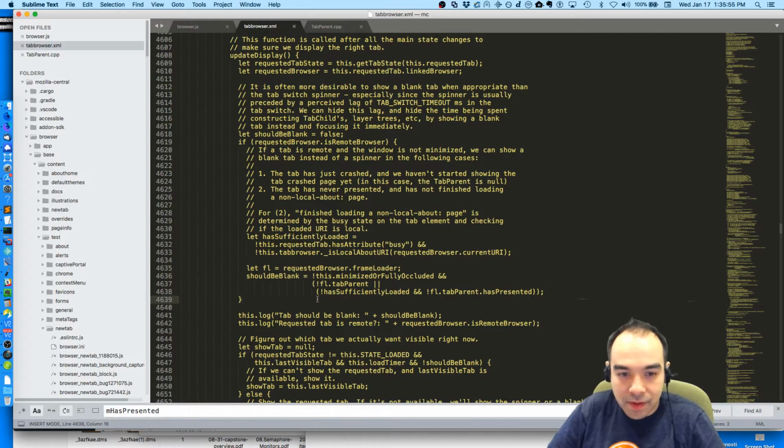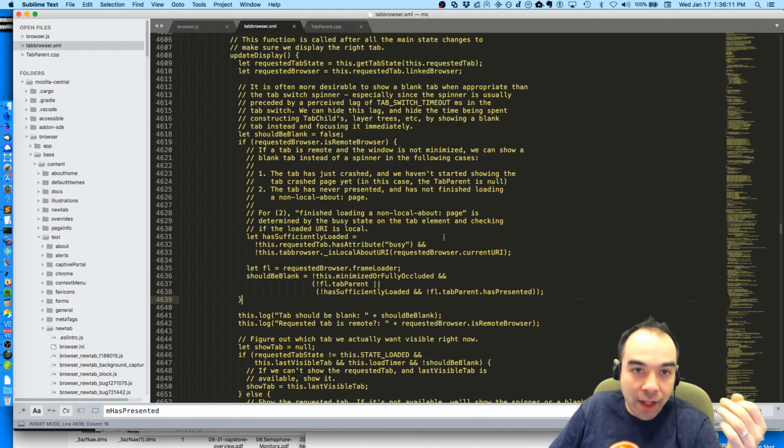That's what happens, because this evaluates to false or false, and false, so should be blank becomes false. That's why. So we never do get layers.